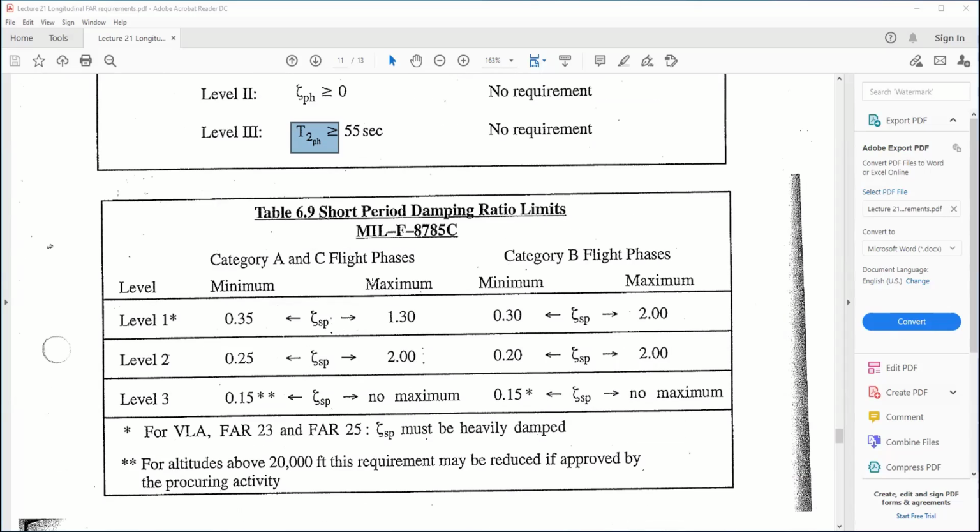And then down here are the short period mode requirements. Notice you have to pick the flight phase. A and C are, A is the maneuvering and C is terminal. And B is a cruise, so that's what we'll be using for our BizJet. And these are mil specs as well, but people use them to design non-military aircraft. Down here, the real requirement is that the damping ratio must be heavily damped. So these are still good guides up here. And then there's a requirement on